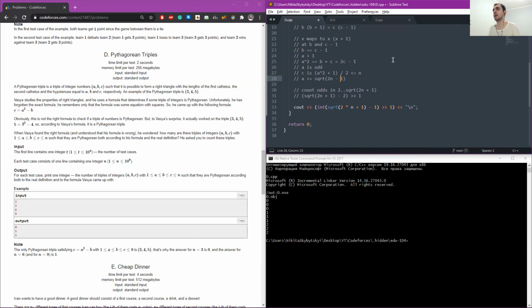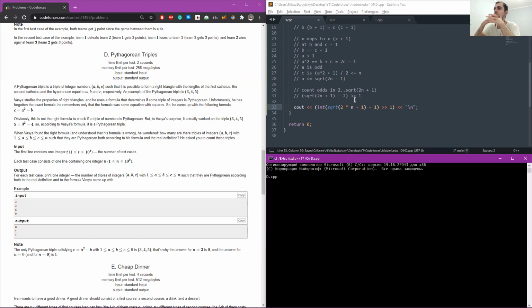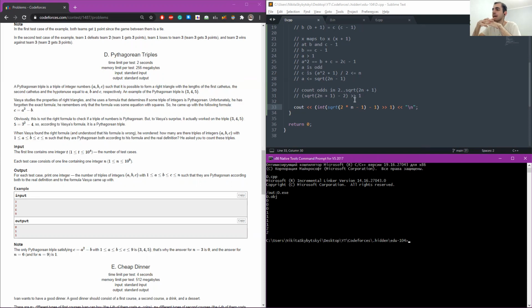Oh, it should be like this, right? So, right. And now it should be good. Like we should get 1 here. Yeah, and if we take 13, then we can take 5, 12, 13. That's actually genius, right? No, it's not just a nice coincidence. 5, 12, 13 is the correct tuple, because then we get 13 is equal to 25 minus 12.